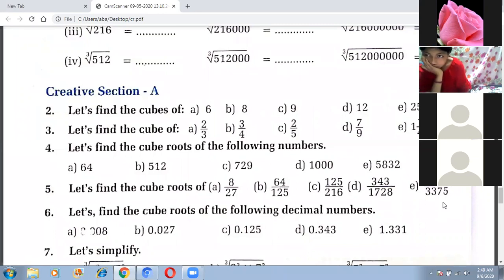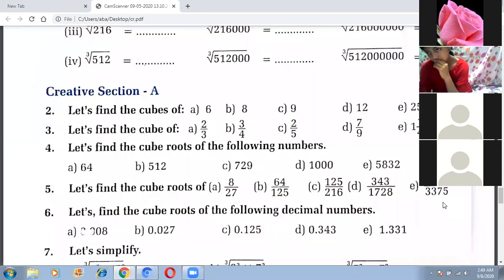Now the 3 and the cube root cancel. All of you write the cube root also. You have to find the cube root of 512 upon 3375. You write the sign of cube root. Now the 3 and cube root cancel. Just write only 2. अब cube root और 3 cancel भएपछि कुन बाँकी रह्यो त 2 into 2 into 2 upon 3 into 5.